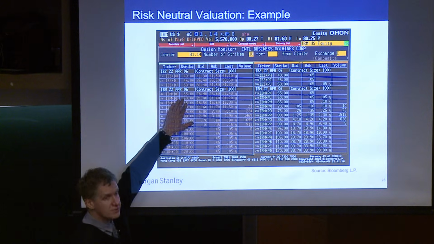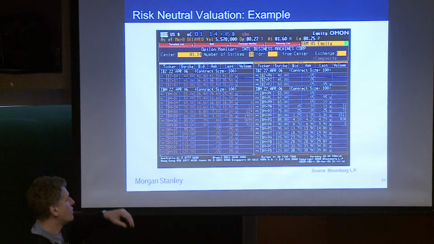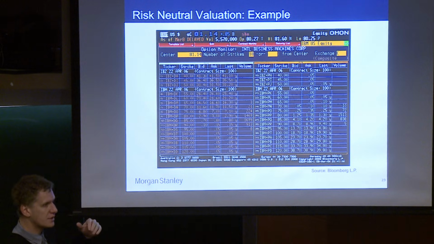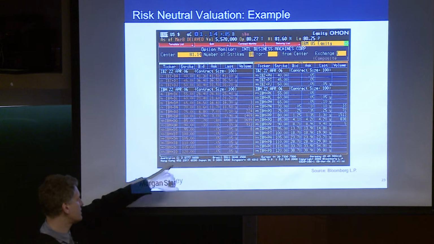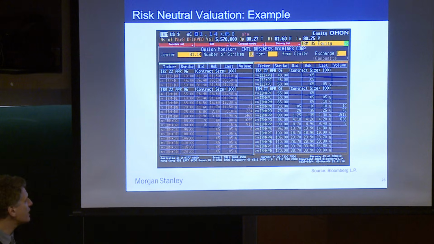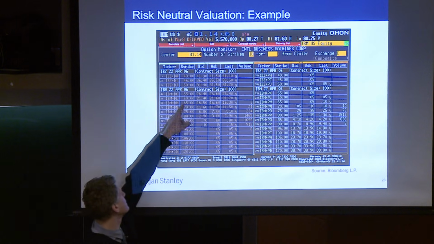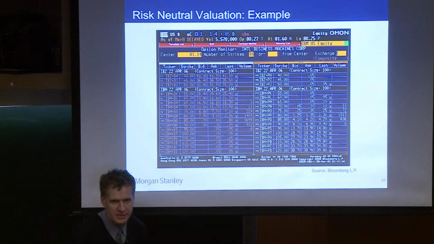So here are different strikes for a call option. The current price of the stock is 81.14, and here are the strikes of the call. Obviously, if the option is way out of the money, meaning the strike is very high compared to the stock price, the value of the option is 0. If it's way in the money, it is just S minus K. So S being 81, and say the strike being 55, it's 26, right?